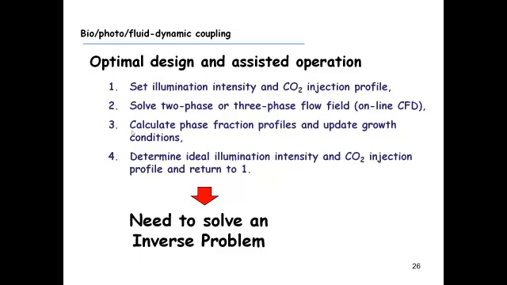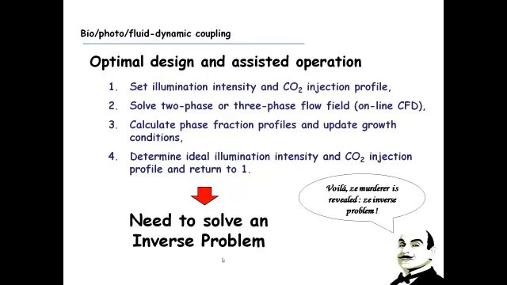That would require an online CFD. Third step would be to calculate the phase fraction profiles and to update the growth condition. This is not a simple task to do. And 4, determine ideal illumination intensity and CO2 injection profile and return to step 1. To do this fourth step, it would be necessary to solve an inverse problem. And voila, that's the murderer revealed. It is necessary to solve an